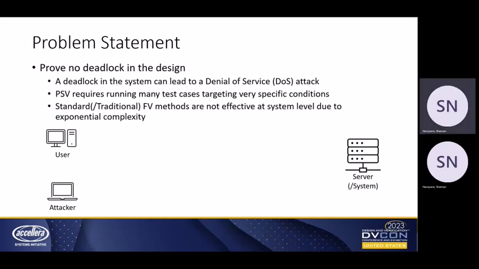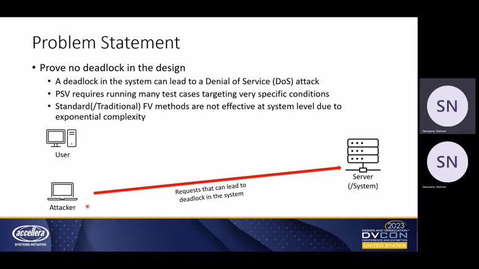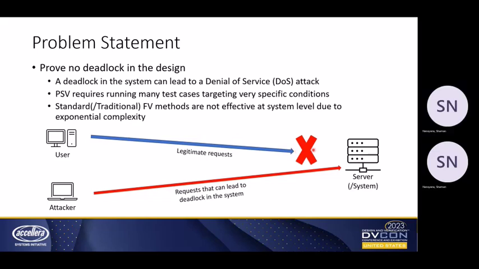Let's consider the scenario in the picture where an attacker gets access to a request type that can constantly put the system, in our case server, in a hang state. Due to this, the server will not be able to service requests from legitimate users. This will appear as service denial from the server to the user, which is also referred to as denial of